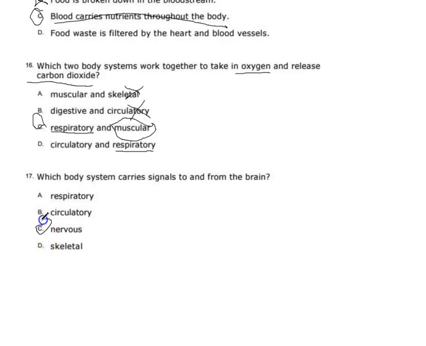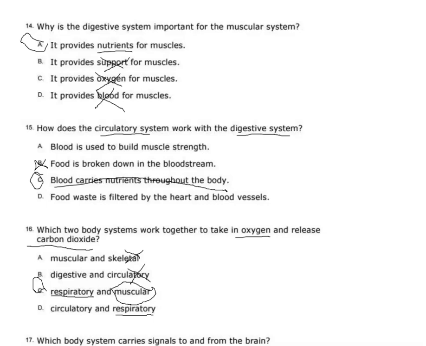Number 17, what body system carries signals to and from the brain? C, nervous. Would you consider that one of the easy ones? We can't miss those, right? Can't miss the easy ones. Moving on. Well, is that it? Oh, that's right. You guys have a different